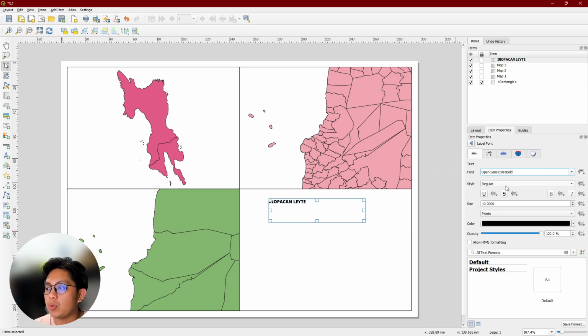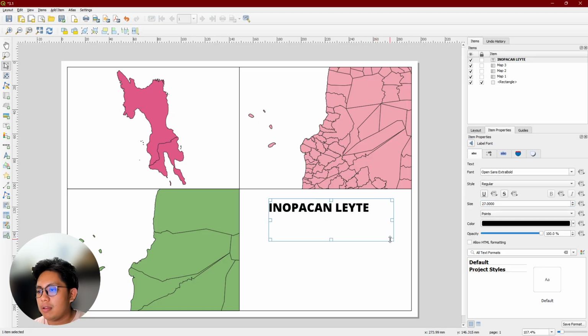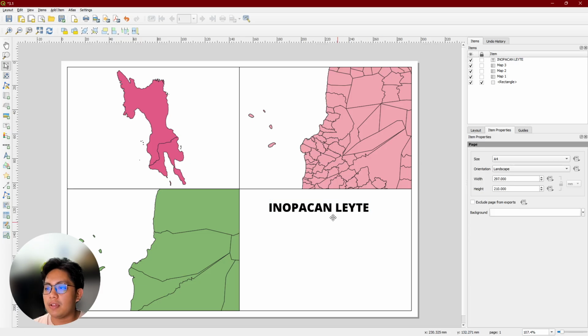Open Sans Bold. Okay, up to you. What size do you want? Say that. I'm saving that down. So now I have Inupakan data, multi-level map.